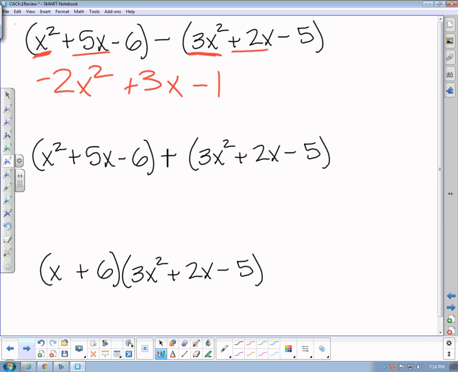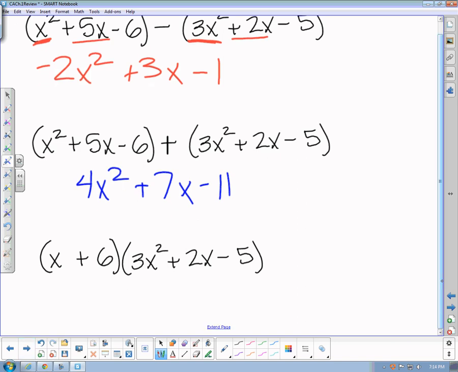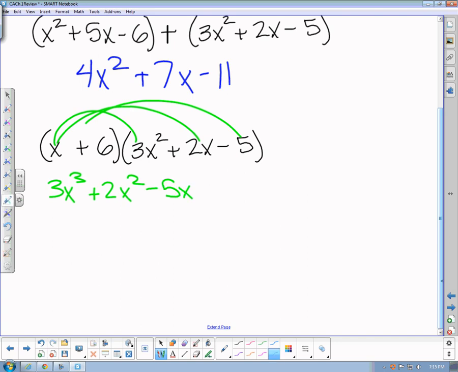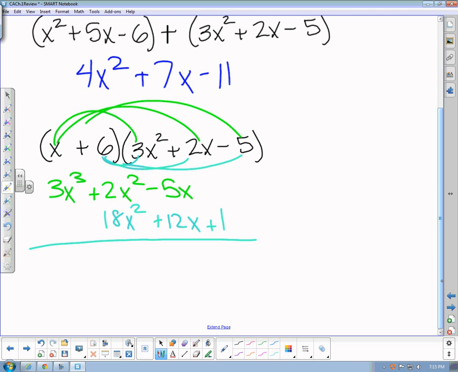Going and adding those things, you would have 4x squared plus 7x minus 11. Finally, with x plus 6 times 3x squared plus 2x minus 5, you have to distribute. And so that's going to be 3x to the third plus 2x squared minus 5x. And this will become 18x squared plus 12x plus 1. Then you can combine the like terms, which will leave you with 3x cubed plus 20x squared plus 7x minus